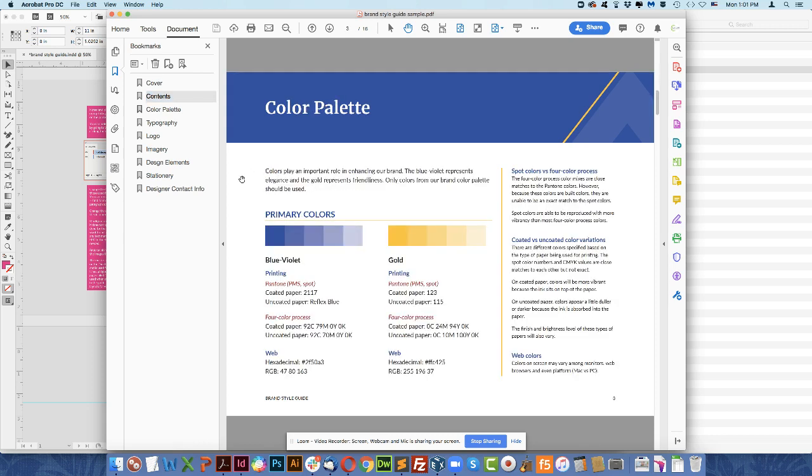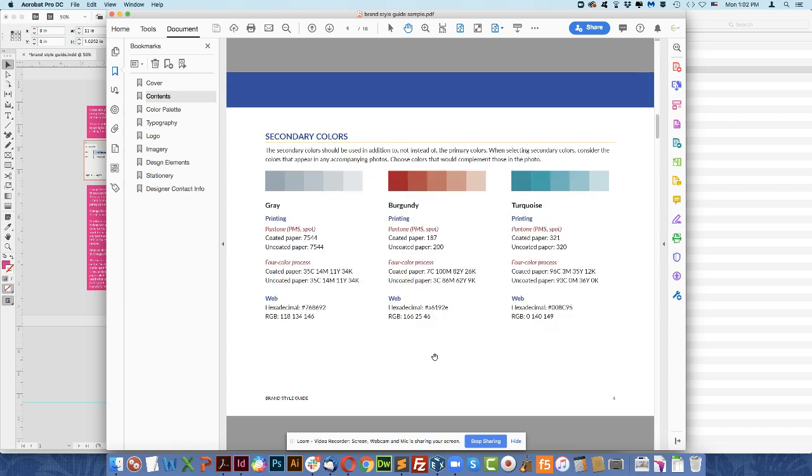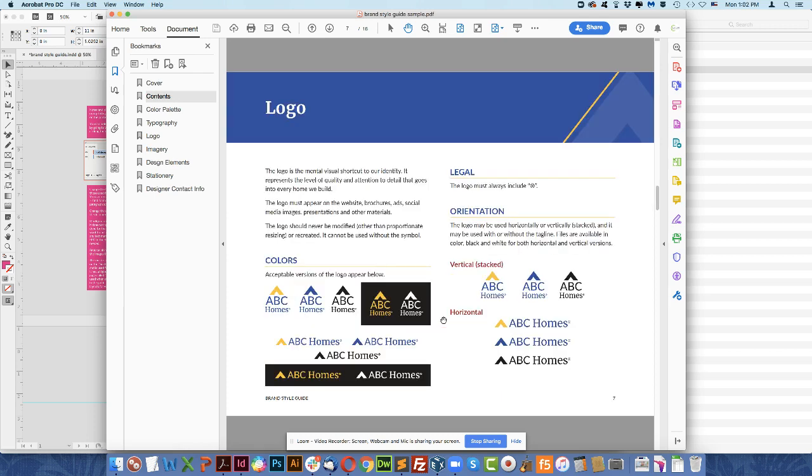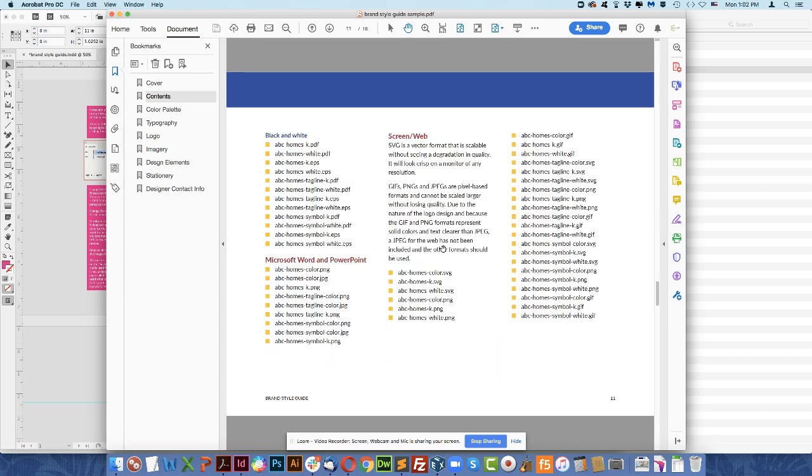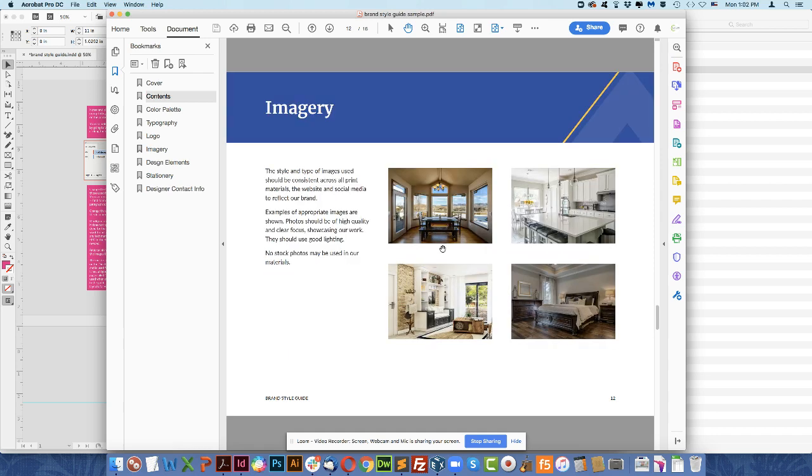So for example, in the color palette section, all this text is set up and ready to go, and you can just come in and change the colors here and throughout the guide. And then you can add in the values that you want to add for Pantone, 4-color process, and web, of course. And in the logo section, I have the text all ready to go and the section set up for that. And all you have to do is go in and place the logos as I've instructed in the notes to guide you with that.